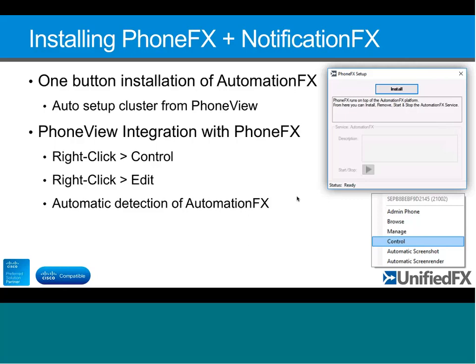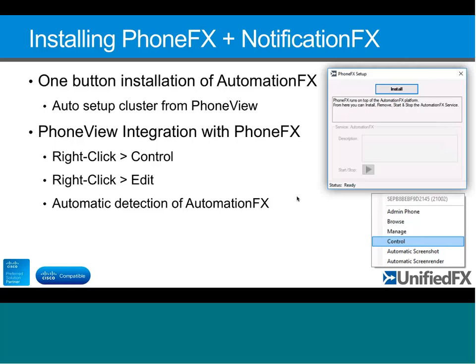Now, we've been talking about PhoneView version 6 for quite a while now. The larger part of 2017, certainly. We first previewed it at Cisco Live, etc. The reason why it's taken us until this point before we're able to release it is because we've had quite a lot of other product updates as well. Some have been relevant and useful to the architecture of PhoneFX, but also we've put a lot of focus on making the installation and setup as simple as we could manage, which I think we have done,